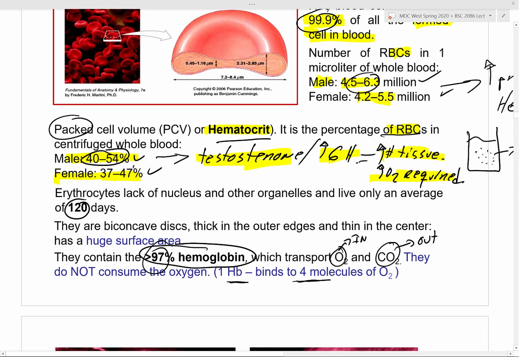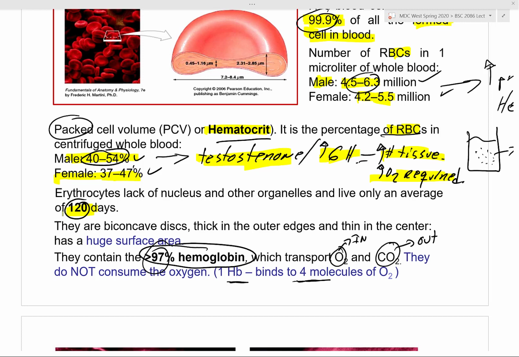Normally, how long does the erythrocyte last for? 120 days. How much is that in months? So 120 divided by 30. One number multiplied by 3 gives you 12. All right, so somewhere around there. So just around 4 months, right? All right. So 120 days, that's the lifespan of your red blood cells.